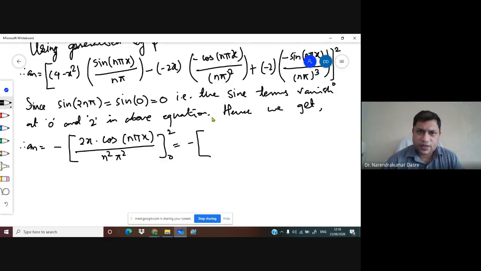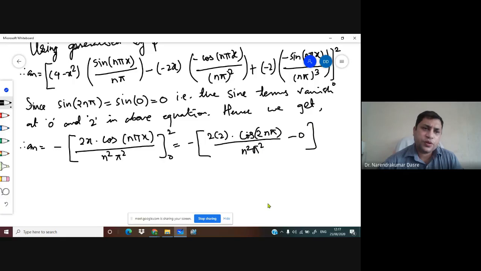So minus I have taken out, so it is 2 into 2 cos of 2n pi on n square pi square minus 0, because x is going to be 0, so this entire term is going to be 0. Then what we know is, since cos of n pi is equal to 1, so we get here